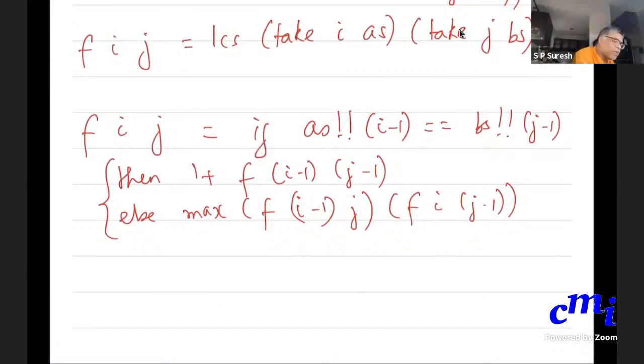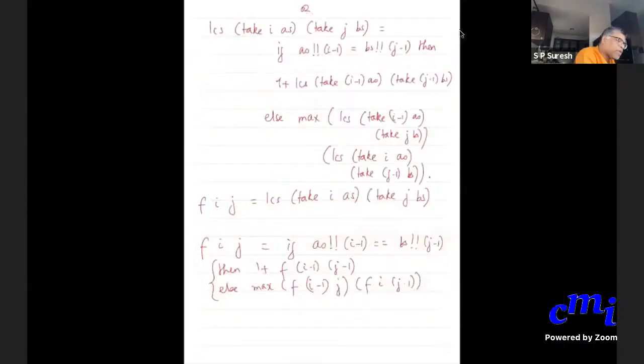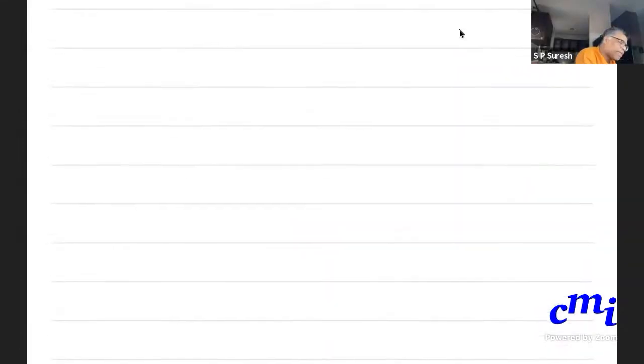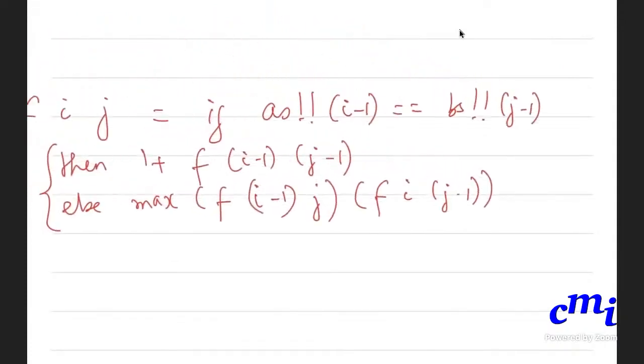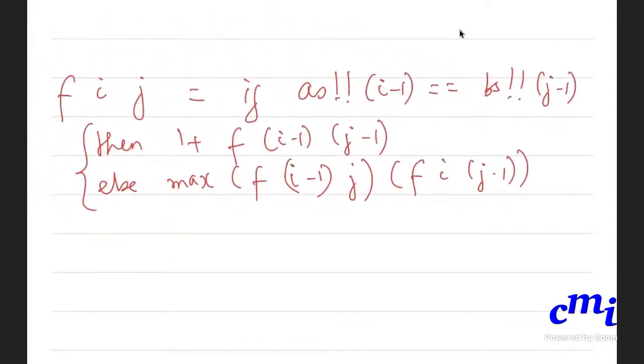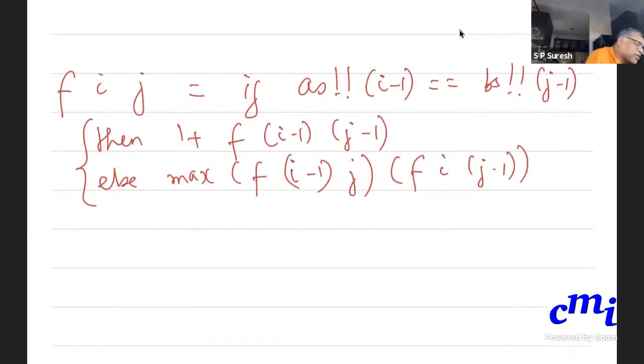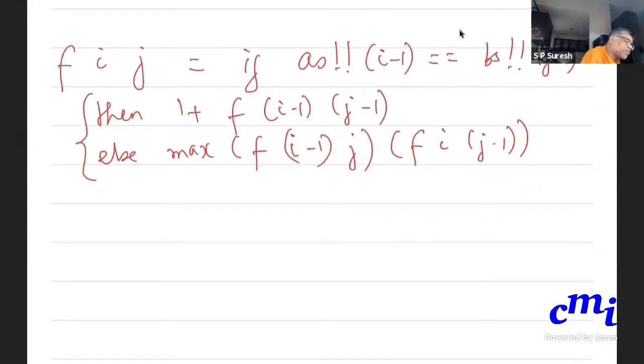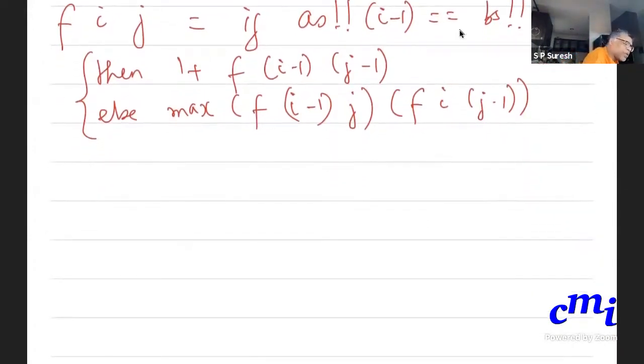For reasons that will become clear soon, I'm going to rewrite this thing. Sir, you're building a grid? Yes, I am building a grid of Fij values, like a grid. That is what I'm going to do. So instead of writing this, to make it easier to present my grid, what I'll do